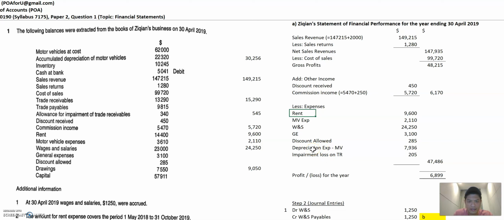I may need to add a bit of workings here. Actually, I keep forgetting this, but you guys please remember this, okay? Because you need to show the examiners your workings.